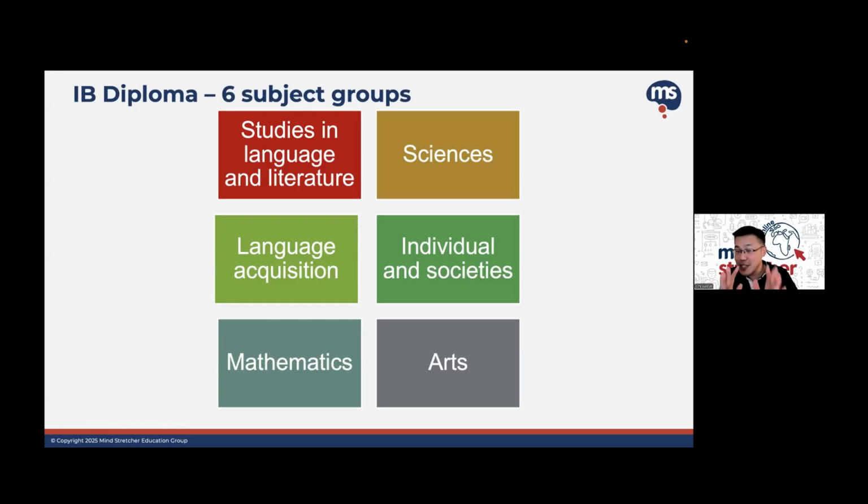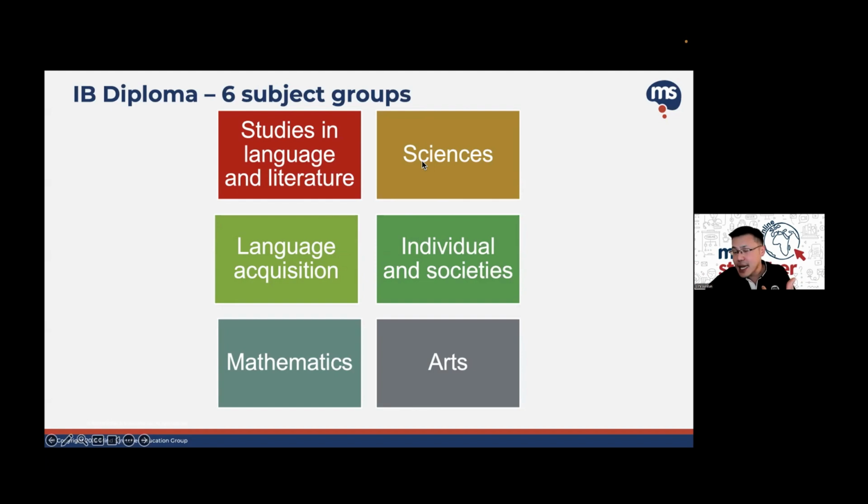So technically, the student only needs to focus on 3 out of the 4, right? But for IB, the breadth of subjects taken is more, right? There are more subjects that they have to take across these different categories. So you can think of each of these as a broad subject category. Under each category, there are specific subjects that they can pick.